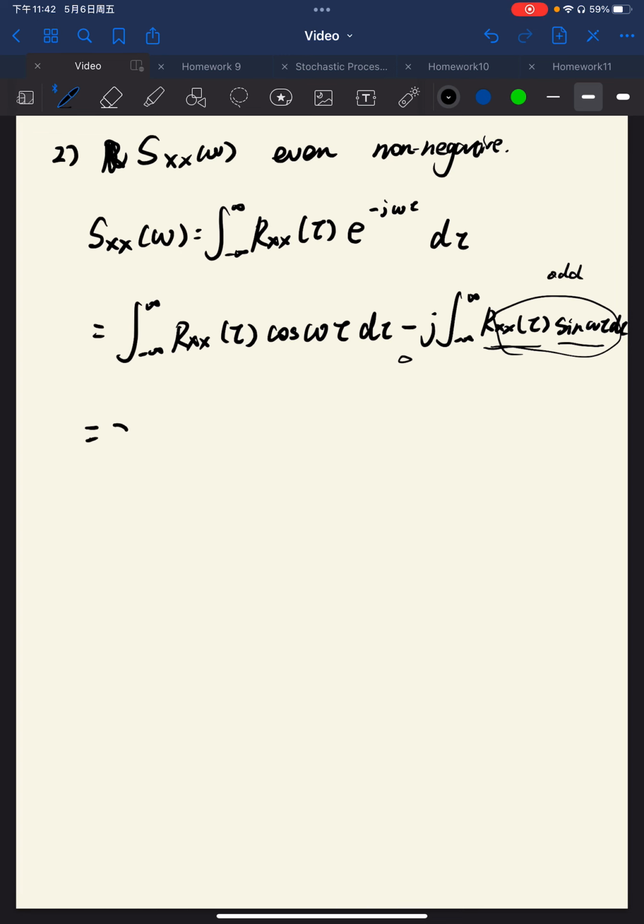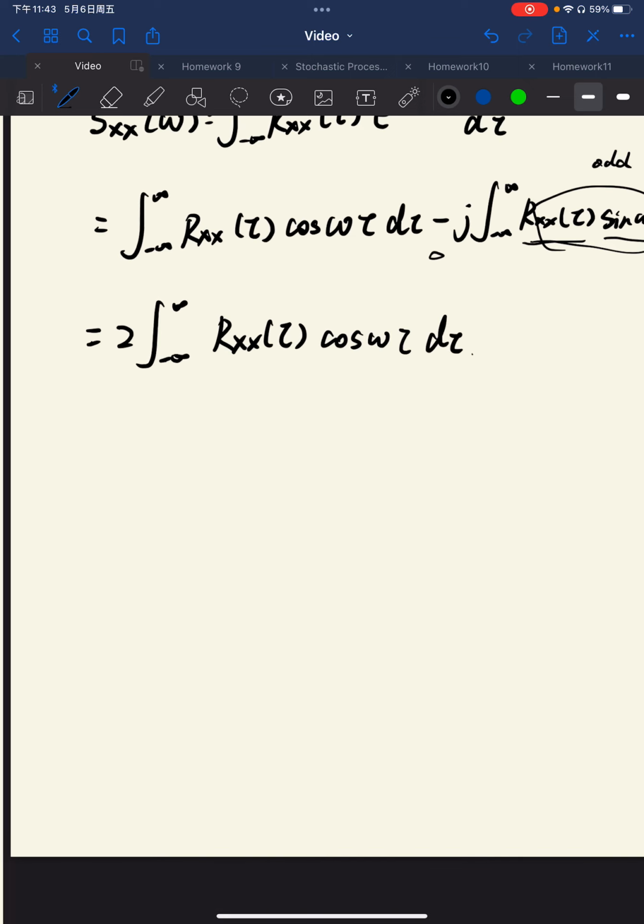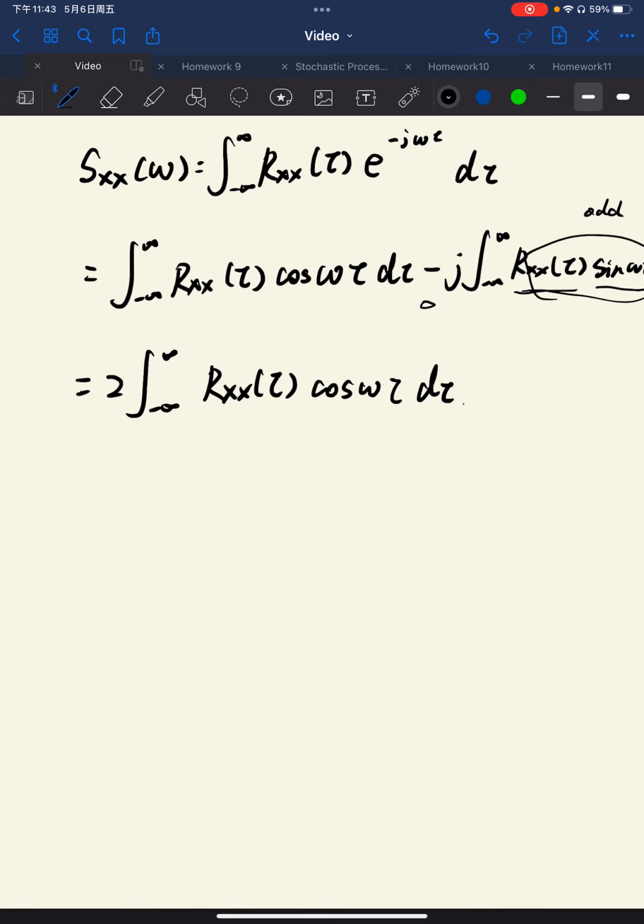So finally, it is equal to 2 times the integral from negative infinity to infinity of R_xx(tau) cosine omega tau d tau, which is because it's even, so it's also equal to